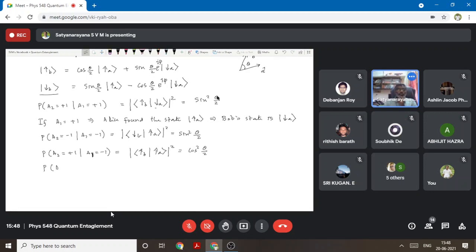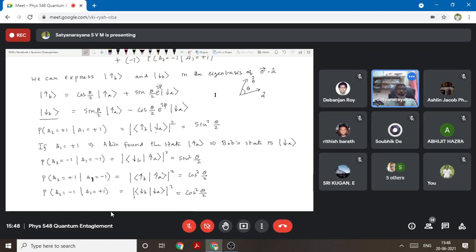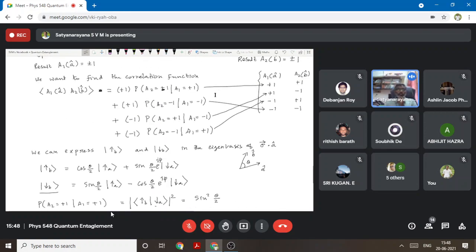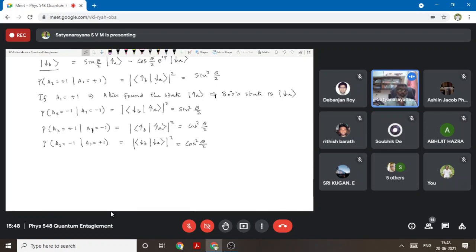So the probability that A2 is equal to -1 given A1 is equal to +1 will be equal to the modulus squared of down B, down A. So that is also equal to cos square theta by 2. Okay. So now if you go back to this expression and substitute that, then you will see that